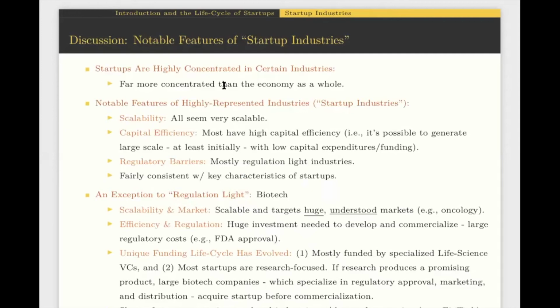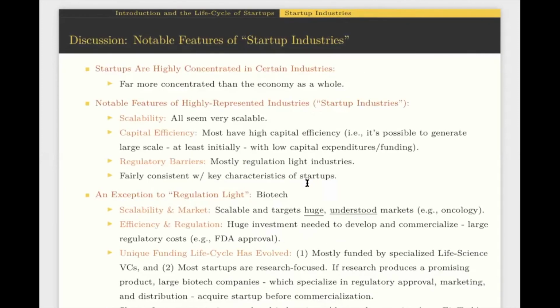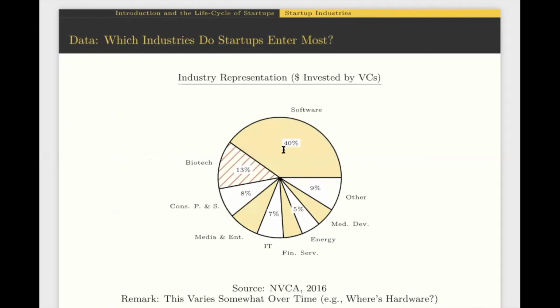So what this highlights is startups tend to disproportionately come from some industries like software than other industries. Why is that the case? Well, that relates back to the definition of startups that we mentioned earlier, right? There were a few characteristics that we needed in startups. One was scalability. Not every industry is scalable. And so it's really only the more scalable industries where we see